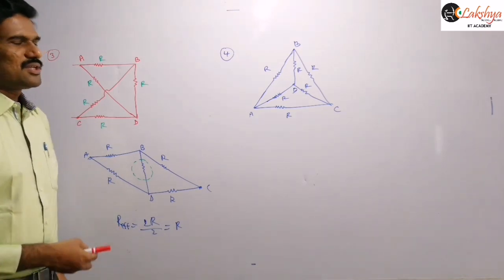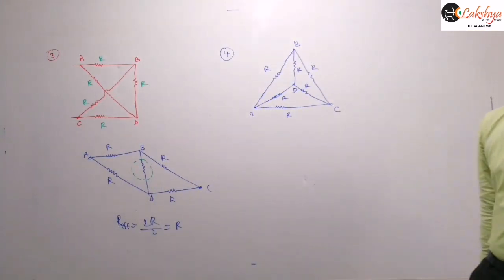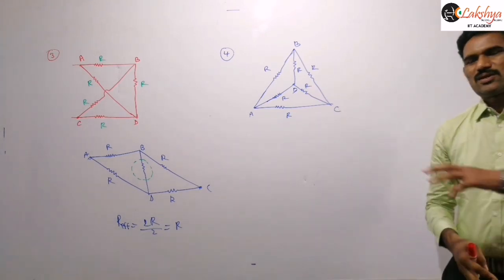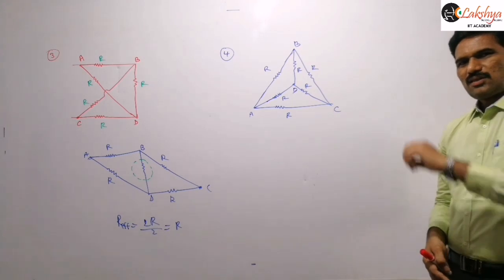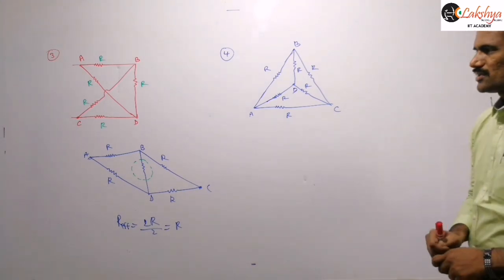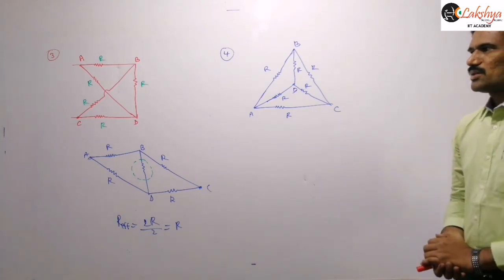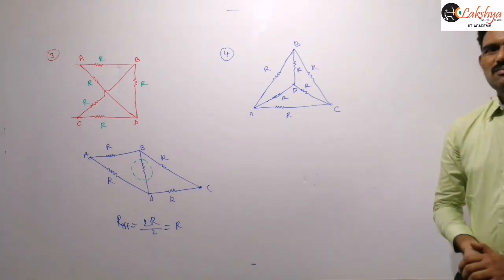Now can you identify whether a Wheatstone bridge is there or not here? Because generally in our previous Wheatstone bridge problems I am drawing only 5 resistors, 4 are sides and 1 is the galvanometer resistance we are writing there, right? But here you can identify that 6 resistors are there.